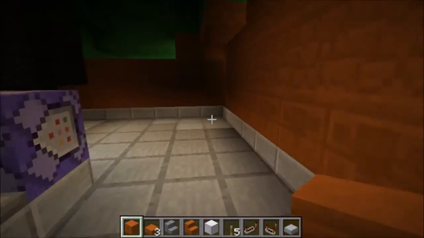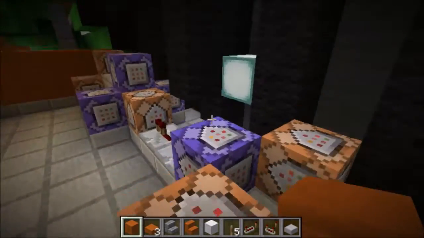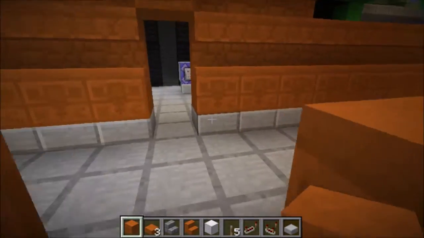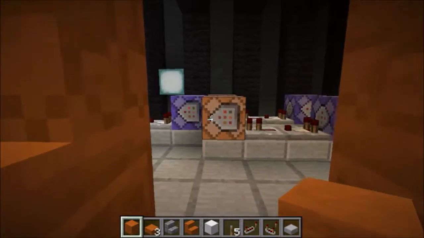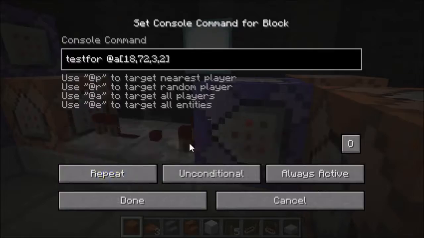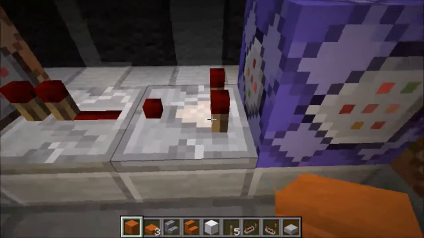I haven't quite figured out, now that I got him here, how I want to turn on and off the redstone signals to these things, like what I was doing inside engineering. Eventually I'll probably figure that out. But right now they're just set always active and to repeat, so they're constantly testing if there's any player. It's target all players, so any player that is near that particular target,